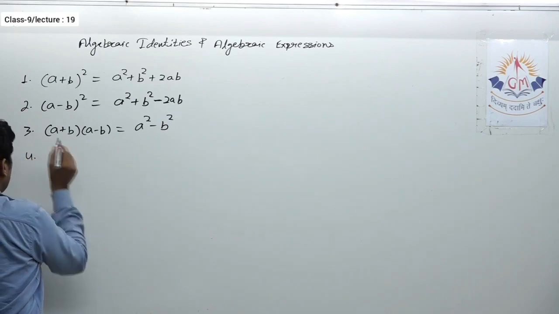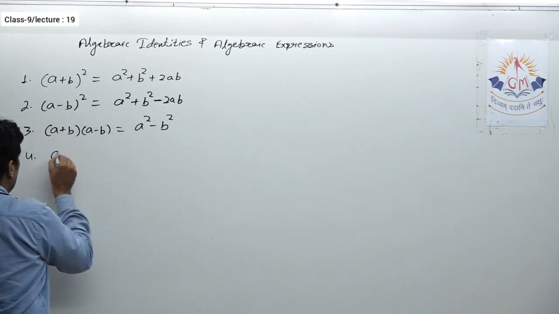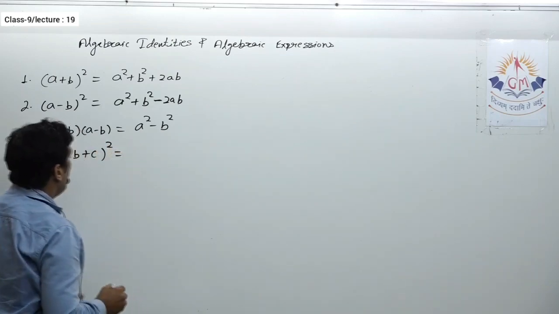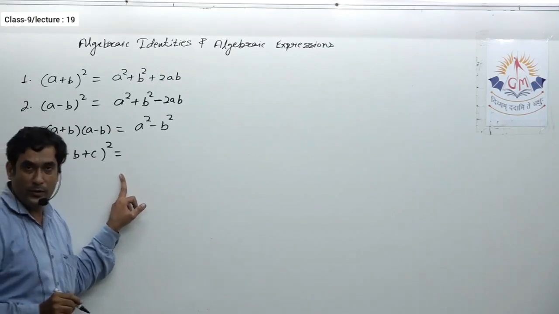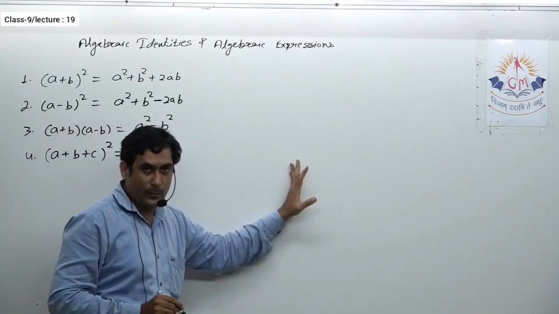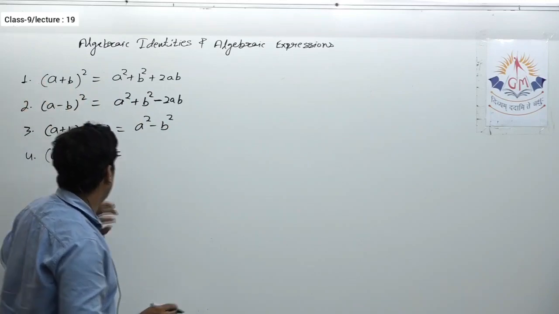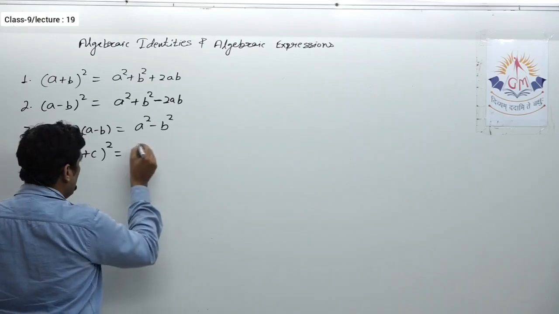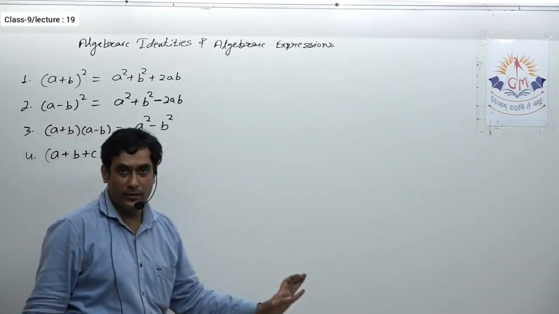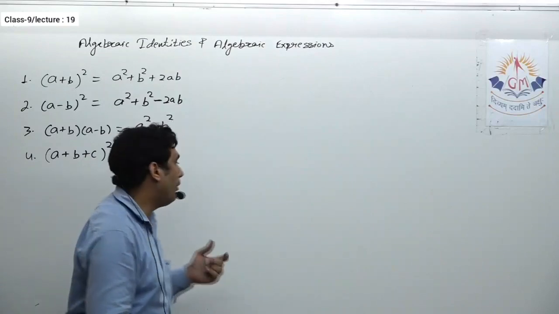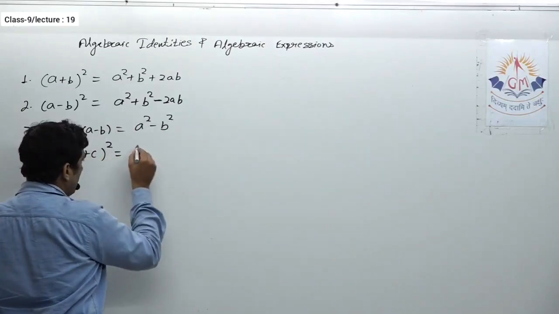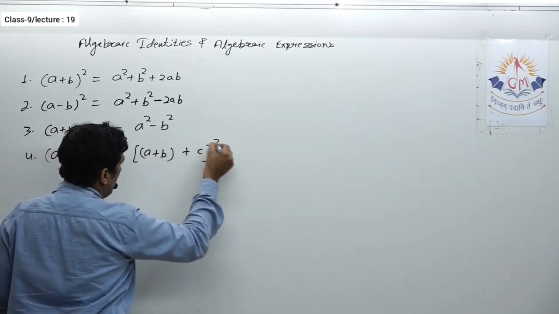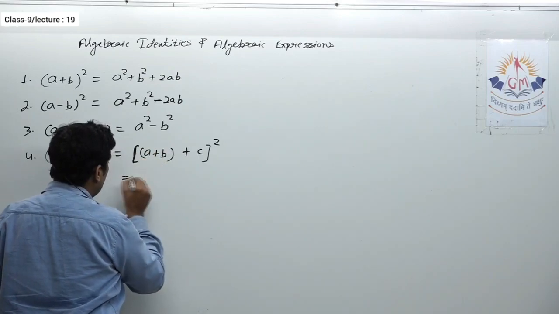So the fourth identity that you need is (a plus b plus c) whole square. Here we can find its expanded form using this as well. Let us see how to get its expanded form. It's not that difficult. You have to mug up the final result only, but I'll show how I got that. So this can be written as (a plus b plus c) whole square. I wrote the same thing in a slightly different manner.